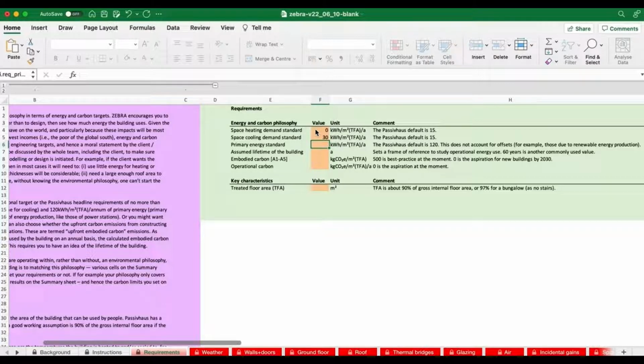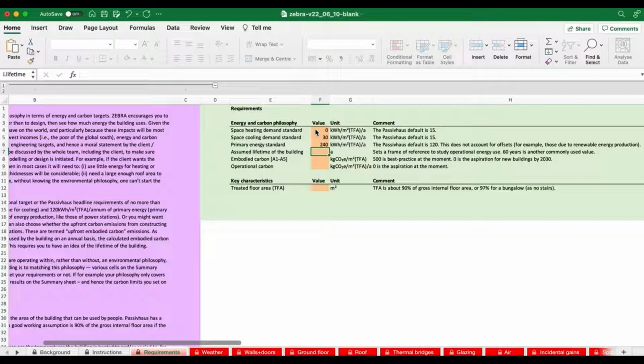And one of the reasons we need to include a primary energy standard is, particularly in heated buildings, we don't want some designer faking the fact that it's a low energy building by assuming very high amounts of electricity use in the building. Now, Passive House have a maximum of 120 kilowatt hours per meter squared of treated floor area per annum. We're going to assume we can maybe design a building that is not so efficient, but runs at 240 kilowatt hours per meter squared of floor area.